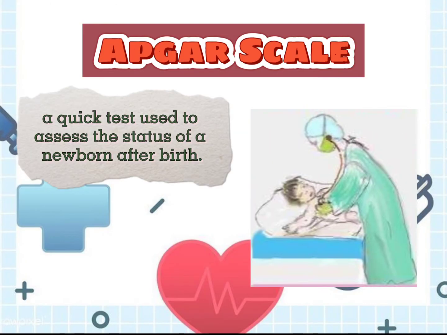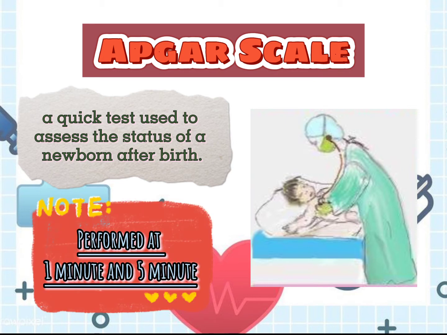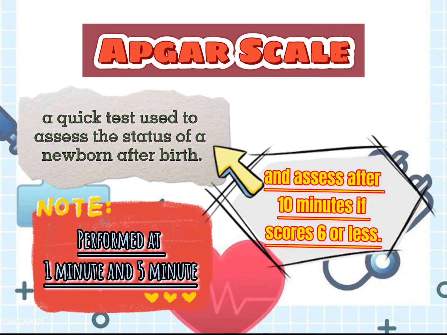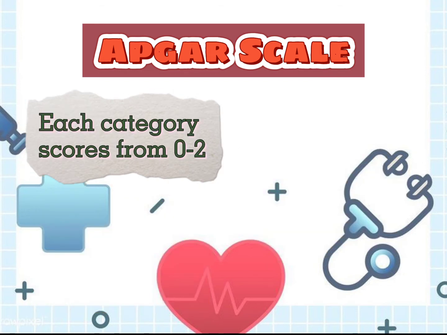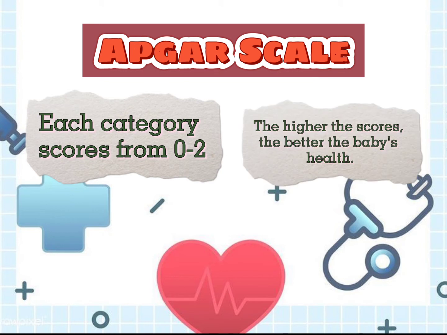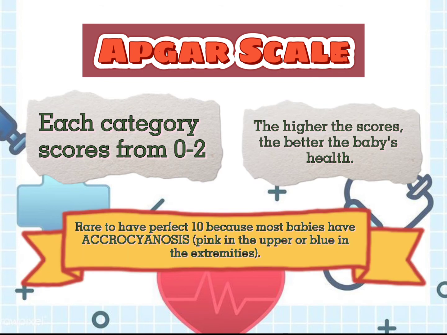Basically, the APGAR scale is a quick test used to assess the status of a newborn after birth. This is performed at 1 minute and 5 minutes, and then assessed after 10 minutes if the score is 6 or less. Each category scores from 0 to 2. The higher the score, the better the baby's health. It is rare to have a perfect 10 because most babies have acrocyanosis, which means pink in the upper body or blue in